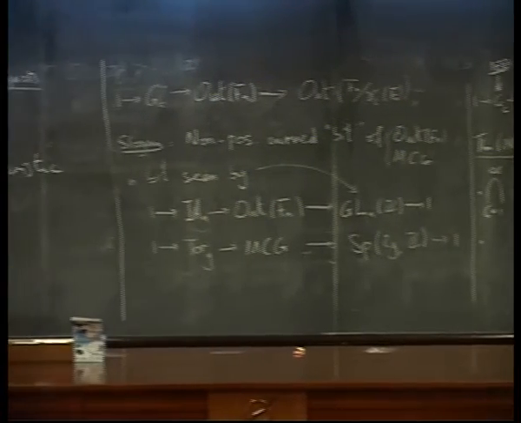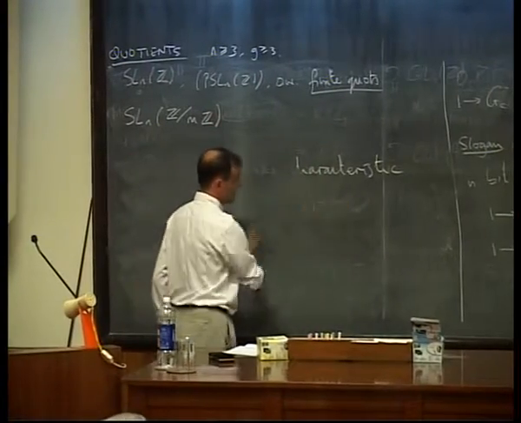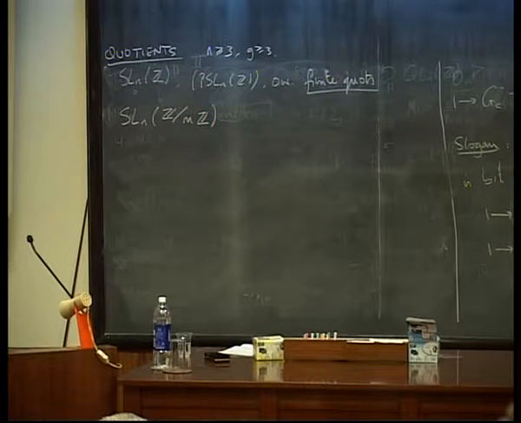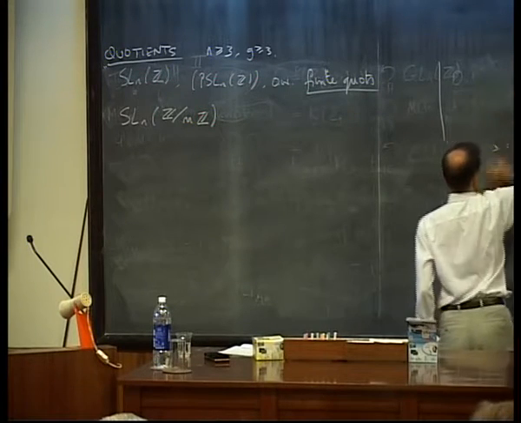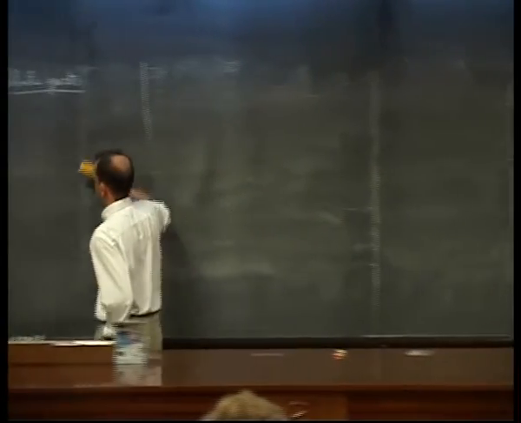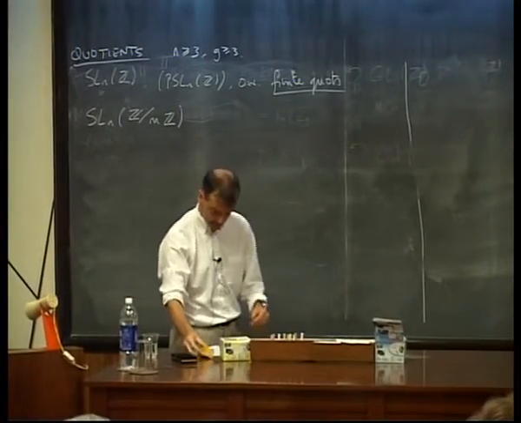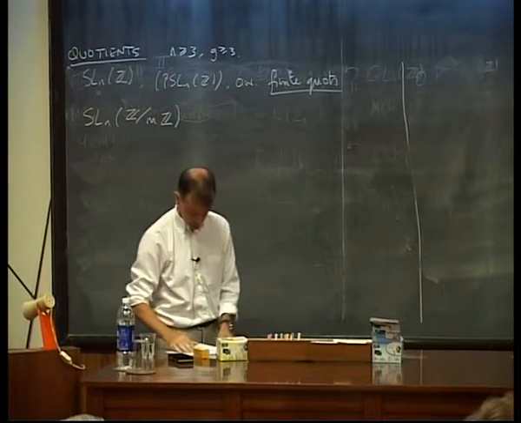So it's this slogan that the non-positively curved behavior out of Fn, or I could do this for the mapping class group as well, is largely, not entirely, but largely captured by the action on homology. And there's this other bit which we're going to study by other means. So that's a significant difference between lattices and mapping class groups and Out(Fn). Lattices in higher rank only have finite quotients, whereas these other groups have other interesting infinite quotients.